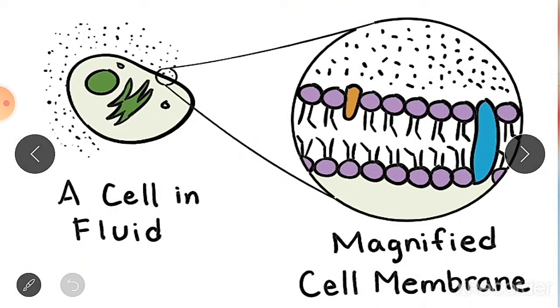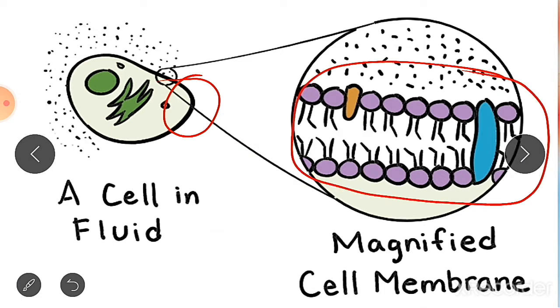Now if you see a plasma membrane or a cell membrane under a microscope, you will get its structure. The plasma membrane is very thin, living, delicate, elastic and selectively permeable, and its thickness is about 7 nanometers. Chemically it is composed of 75% phospholipids, and in addition it also contains proteins, cholesterol and polysaccharides. Here you are seeing the magnified cell membrane. If you see a plasma membrane under a microscope, you will see a structure like this.